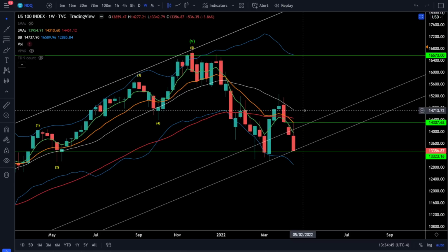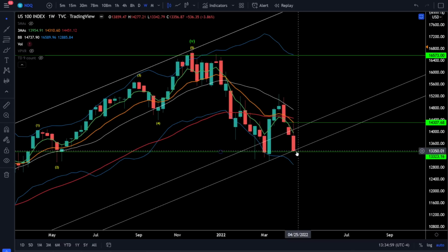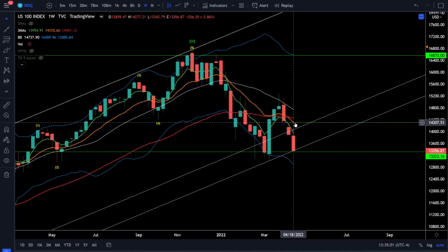But I would not expect that to happen. And if it does happen, then we will see it happening in the price action and we can adjust accordingly. But there is no reason to be expecting any bullish price action after we saw such a bearish price action week, with all of the price action closing at the bottom of the week after getting rejected from strong resistance. And clearly there is no buyers out there, which is not a good sign, and we need to be very